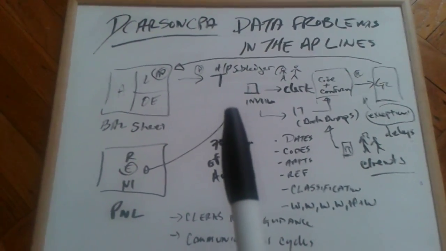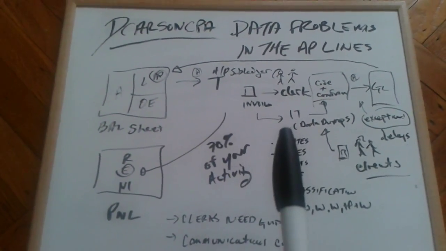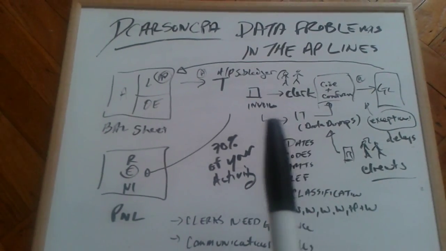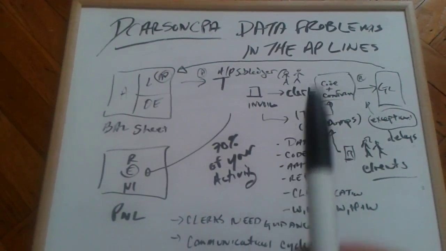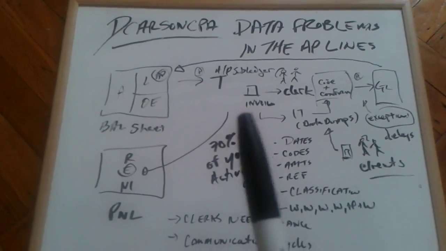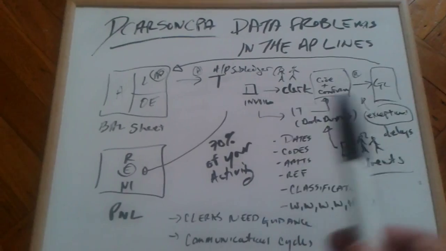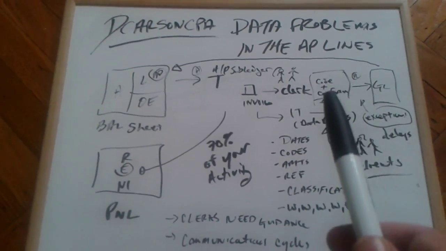An invoice typically comes in on one of two channels. It can come in as a paper invoice through the mail or as an electronic invoice on the IT lines, including email. You've got in accounts payable a clerk, many clerks, depending on the size of your business, or just one accountant, picking up this invoice data, and basically they have a responsibility to code and confirm this data as